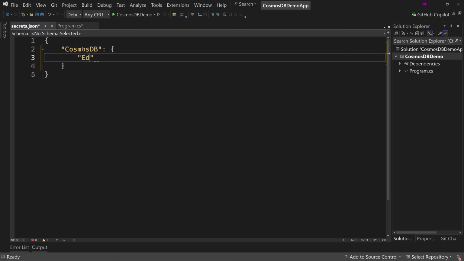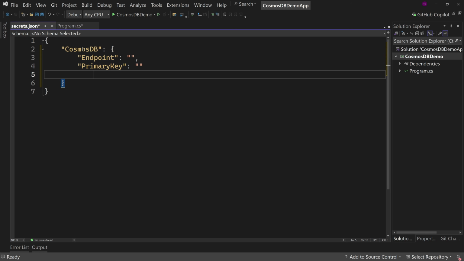I'm going to say endpoint. And I'll leave it empty for now. We'll also have primary key. And we'll also have, comma, and database. So those are the 3 things I'll put in my secrets.json file